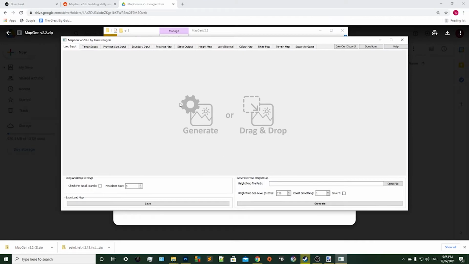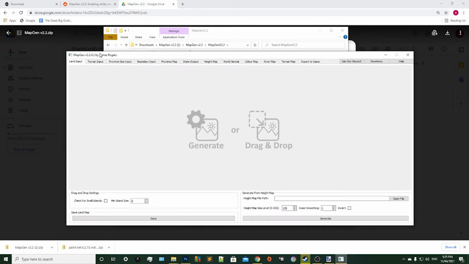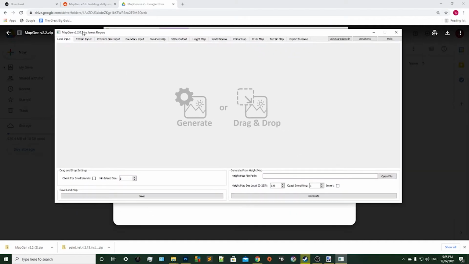And there we go. This is the mapgen system that will allow you to create a map in Hearts of Iron 4. Now there is a bug for some PCs. It will pop up with Windows protected your PC. All you need to do is press more details and then press run anyway,